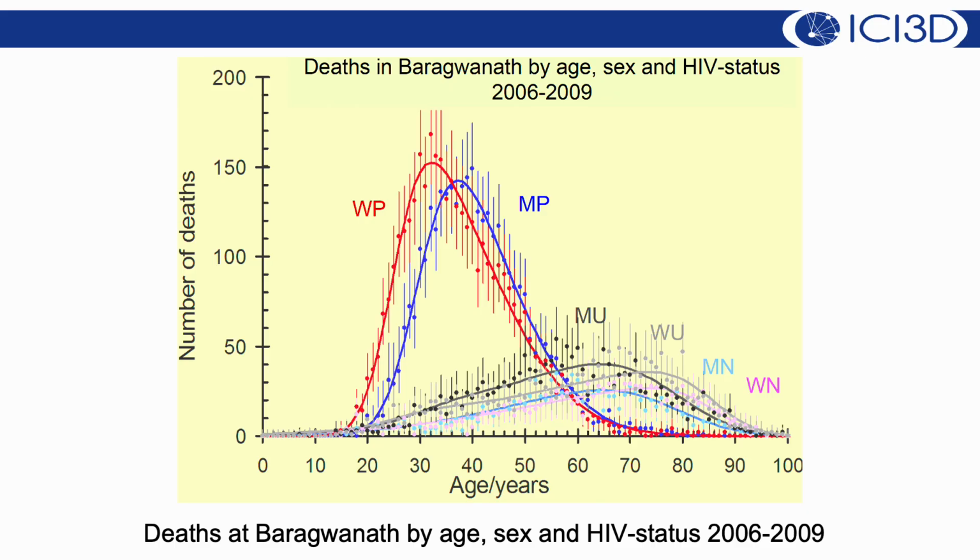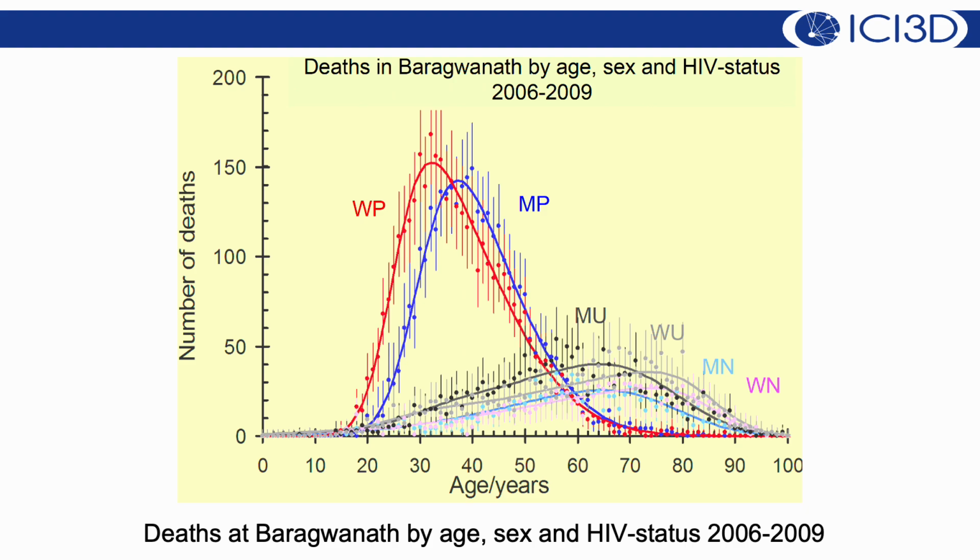But there are always other things which are lurking out there, and the massive pandemic which hit the world towards the end of the 20th century was, of course, the HIV AIDS epidemic. And this basically shows precisely how serious this can be in the number of deaths